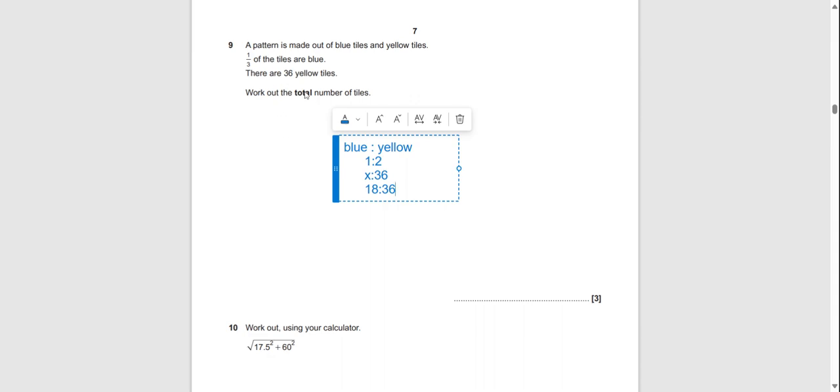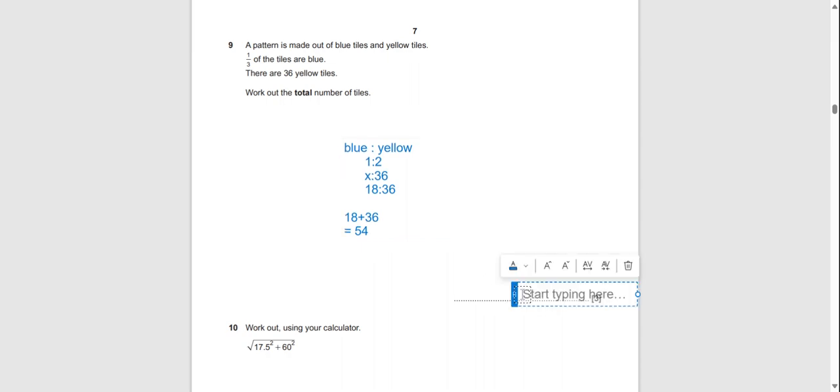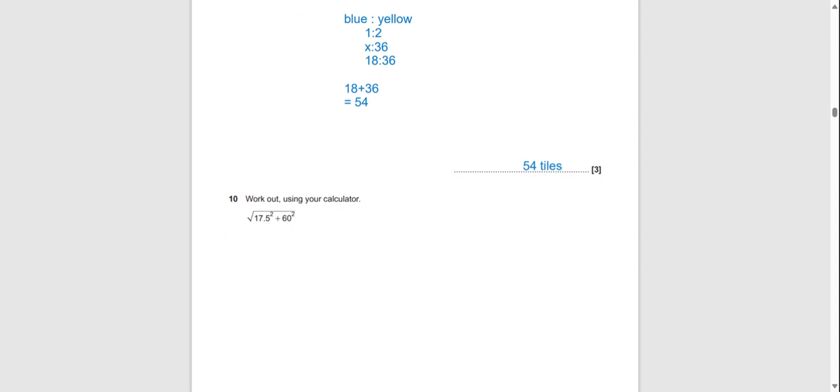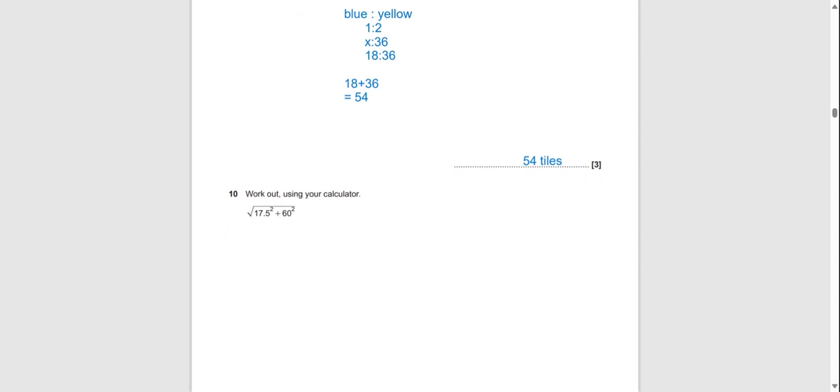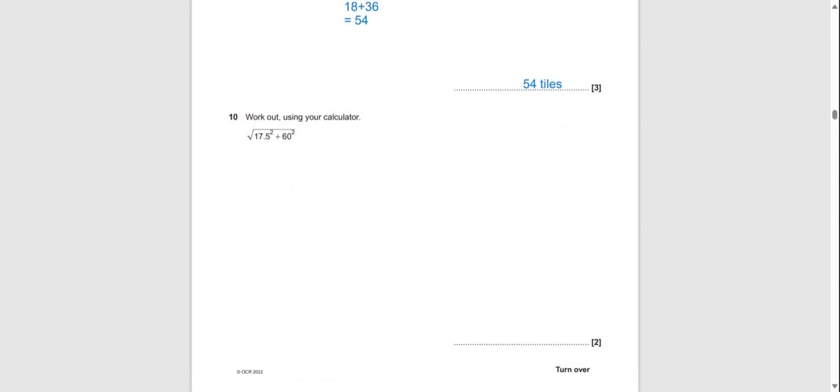The total number of tiles is 18 plus 36, which gives me 54. Again, you could have used a calculator for that. That's absolutely fine if you want to do that. It is a calculator paper. So the total number is 54 tiles. Again, work out using your calculator